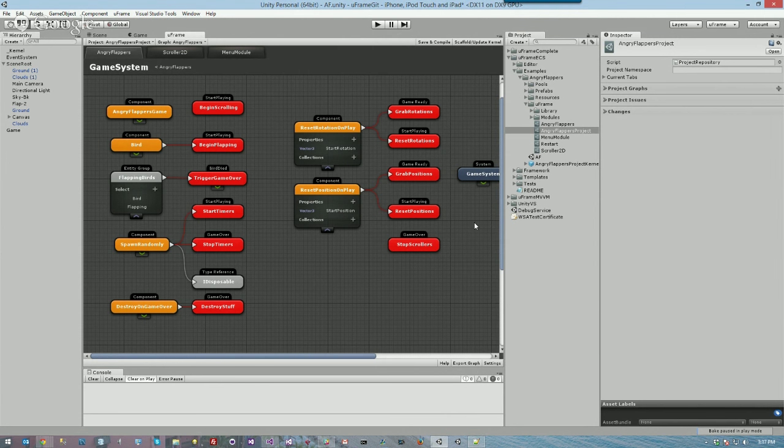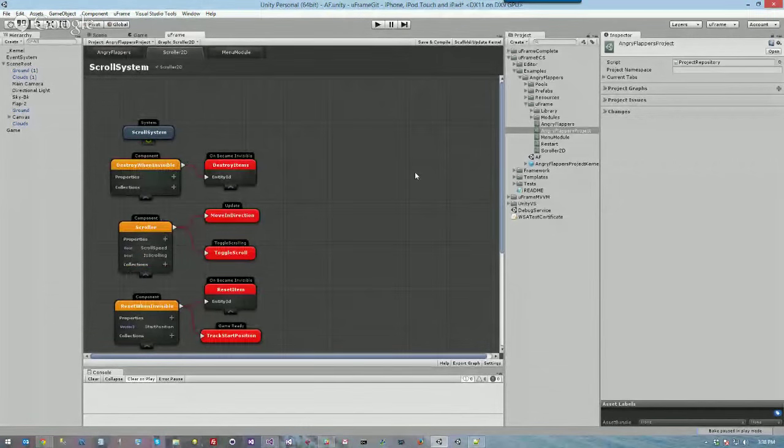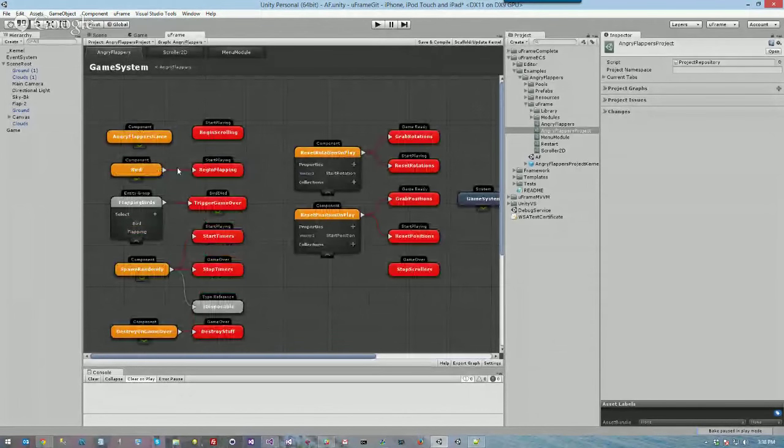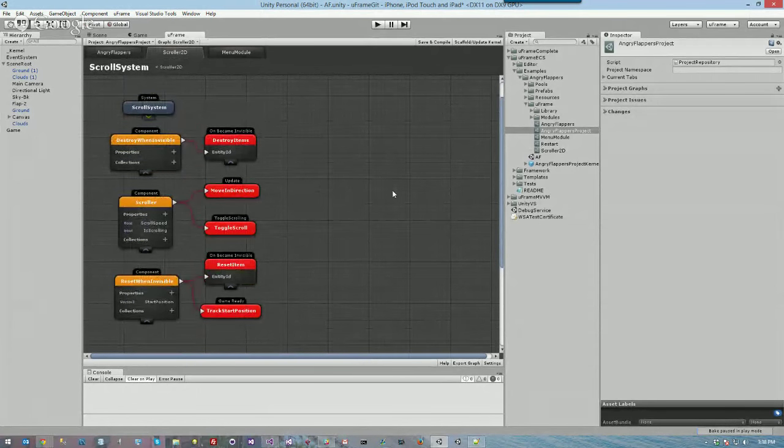So systems are a group of event handlers, if you will, where they have a specific set of components or a specific responsibility of doing a specific task. The one I'm showing you here is a little bit big, so I'm going to switch over to my scroller system because it's much more simple. This is probably a little more complex than what should be in one system, but I was running pretty fast trying to get this done, so you can hate on me later. But anyways,